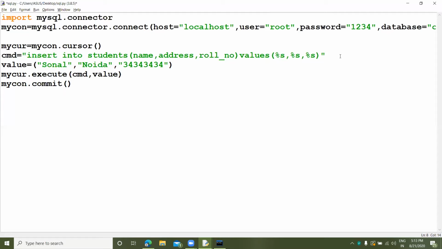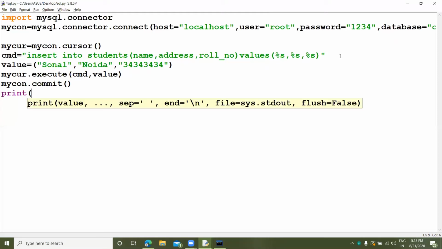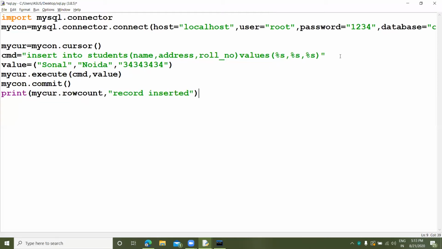So we have to use commit. So let's print, if the data is inserted, my cursor.rowcount. It will count the rows where the data is stored. So give the message record inserted. Okay guys, now let's run this program.